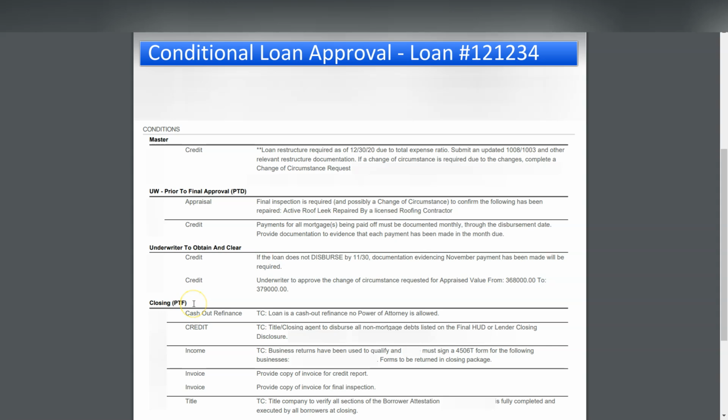Closing or prior to funding condition. Now there's a cash out refinance condition where it says TC. TC is an abbreviation for title condition. So the title company will need to provide this to the loan processor. It says, loan is a cash out refinance. No power of attorney is allowed. So when they have a power of attorney, this basically means that the borrower is going to actually need to sign the closing documents. They can't have somebody else sign it for them by giving them a POA or power